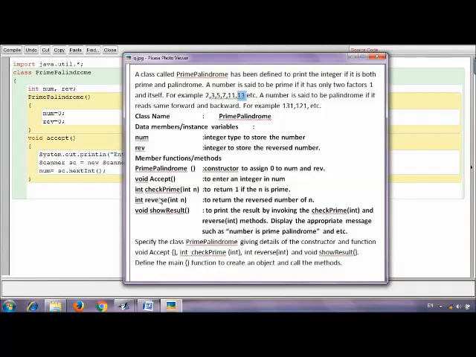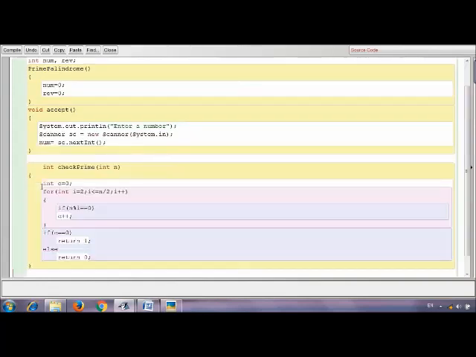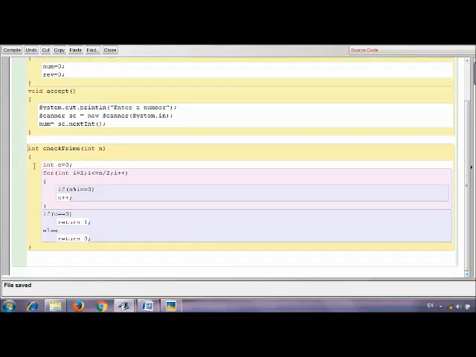check prime. This check prime function returns 1 if n is a prime. Here you can see that I have created the check prime function for you, right? You can see the check prime function. See the for loop. Here you can see all the conditions associated with checking the prime.